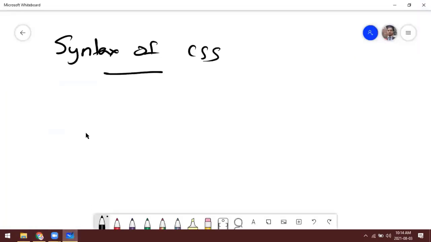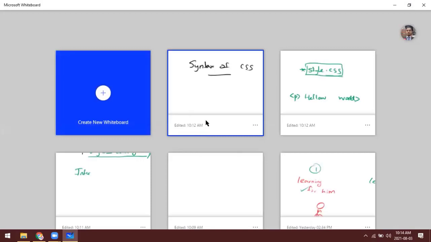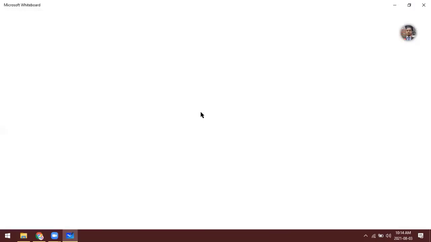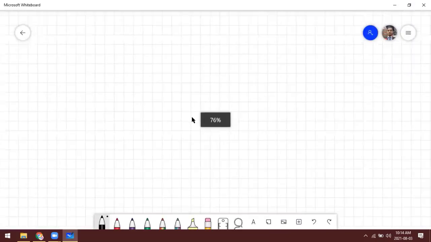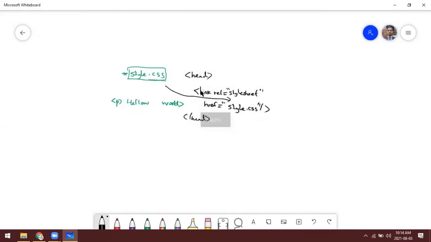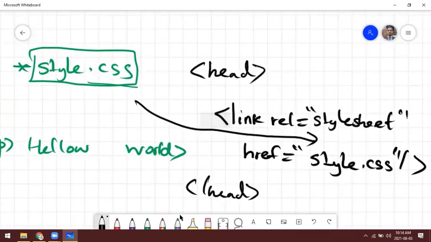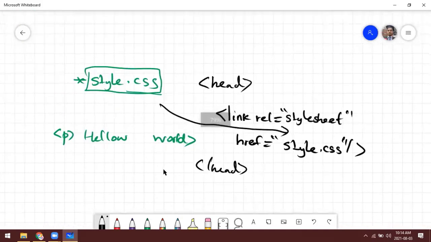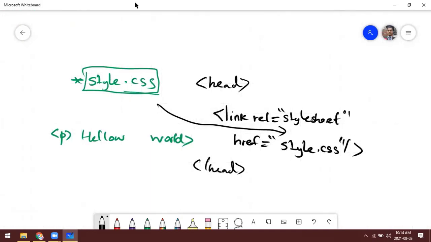So we discussed that external CSS is very useful because if we want to link the same style to multiple pages, that's a normal practice, right?